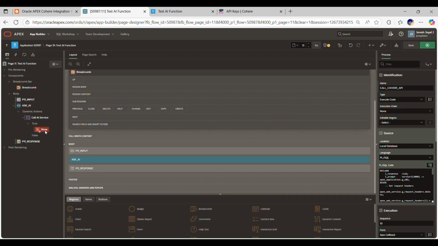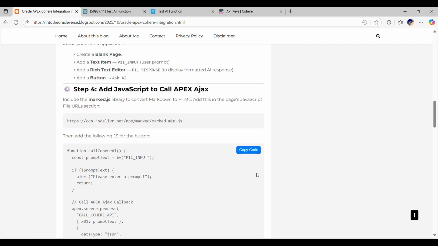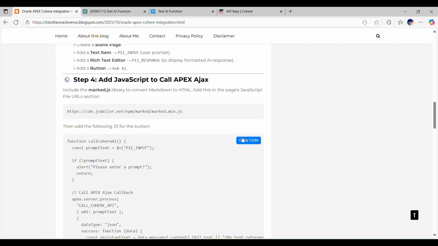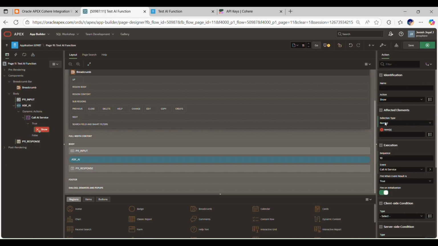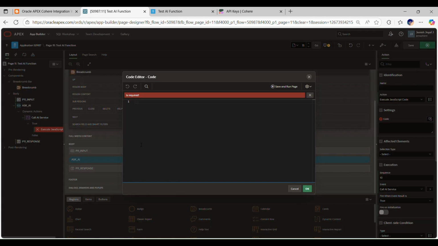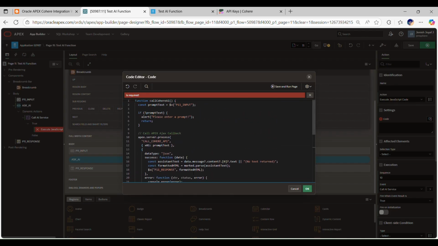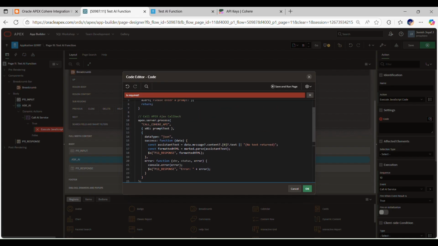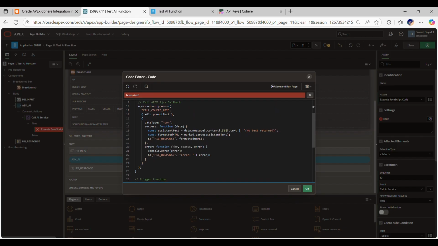And now back to this Ajax part, the JavaScript function that calls the Ajax part. So I'll copy this code again, and here I'll have to choose execute JavaScript code, and within the code section, I'll just paste this code. So you'll be able to see that the function is declared here and it is called at the end of this particular section. Over here you would be able to see that the response is being formatted,